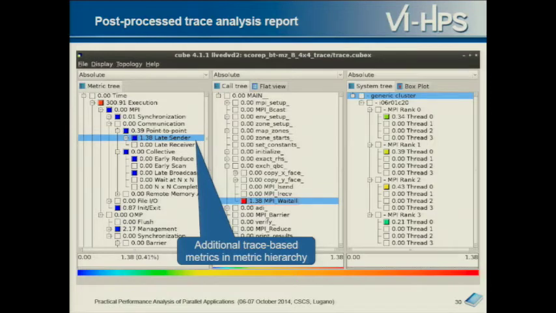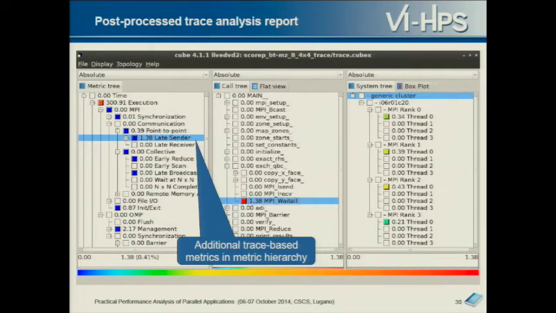If we expand it, we'll see that we have overload and underload time. The processes that are overloaded are matched by other processes which are underloaded. So if we have underload and we select ADI where there's time, the processes that are underloaded are going to be matched by a corresponding amount of overload on the other ranks. So that's a measure of the amount of time that you hope to be able to gain if you could